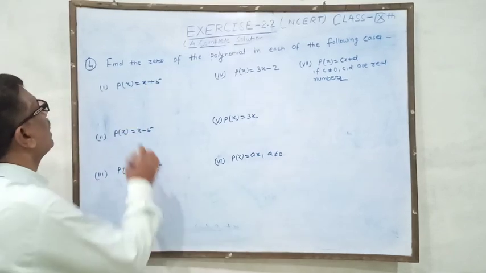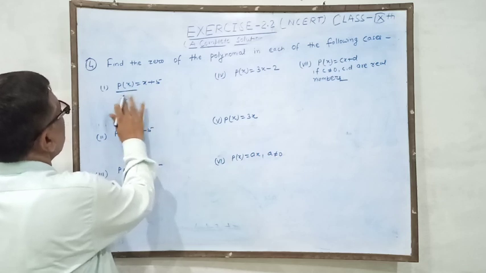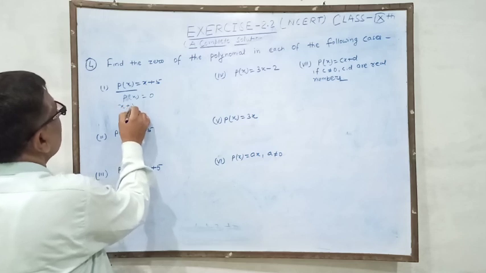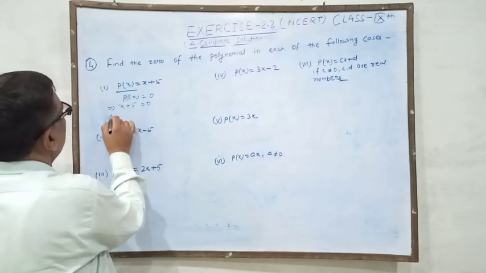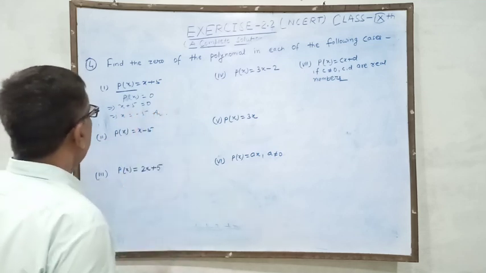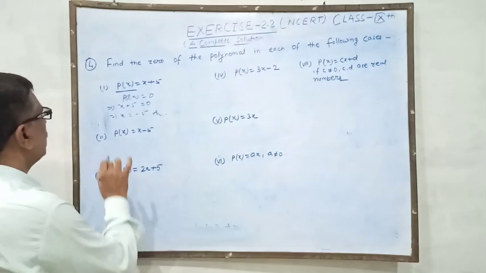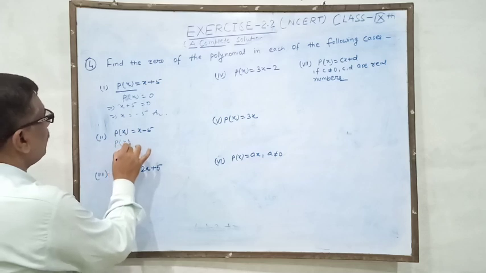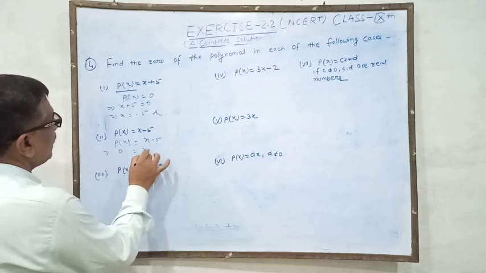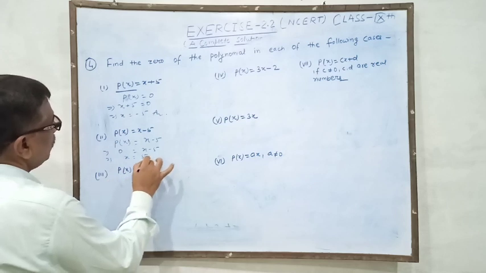So you put this polynomial p of x equal to 0. In place of p of x you put 0, so p of x becomes 0. You write p of x equal to 0 and put the value of p of x below it. This implies that x equals -5. So here is the answer. And the second one, likewise you have to explain all the question solutions. So you put p of x equal to 0 in a similar way, x minus 5 equal to 0, so x equals 5, transposing. So this is the 0.